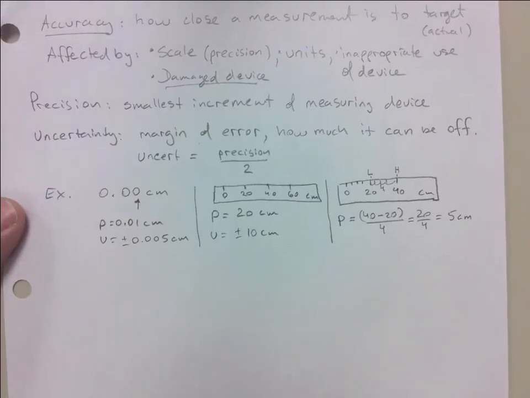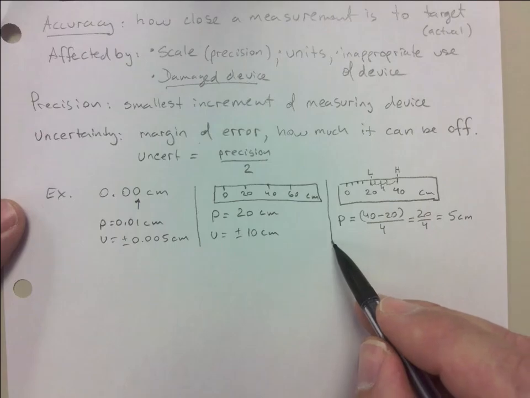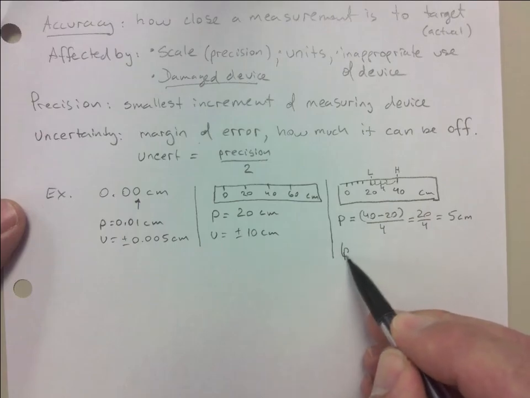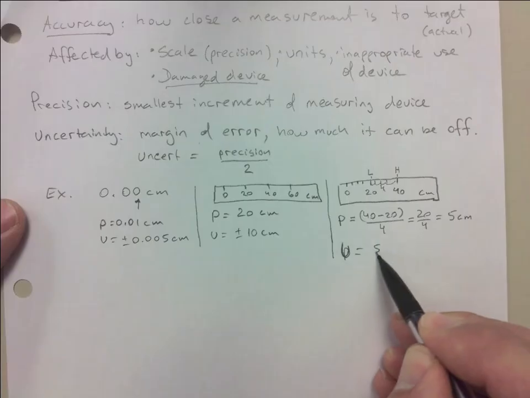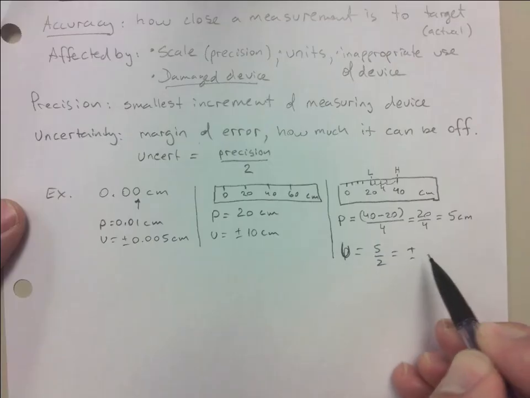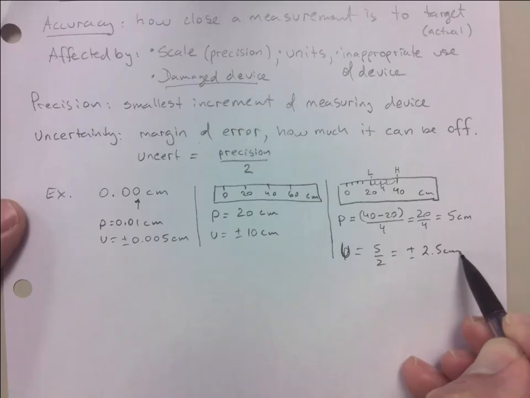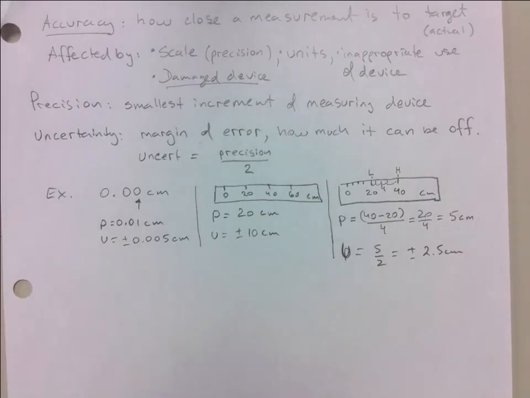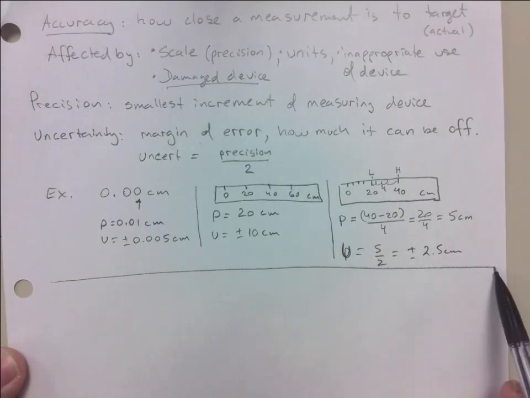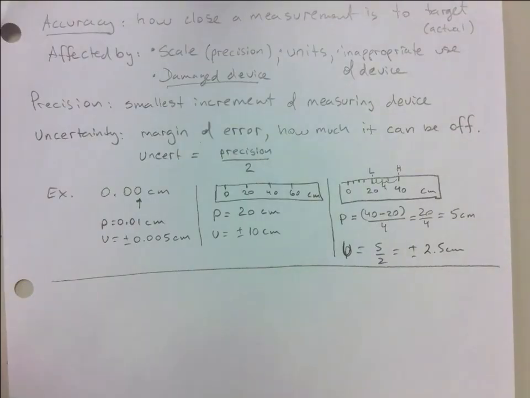I am using nice and round numbers, but these could be really small, okay? You have a calculator to help you out. The uncertainty, therefore, would be 5 divided by 2. That'd be plus or minus 2.5 centimeters. And so this goes without saying. I think you guys all have figured this out already. I'm going to cut this off there. And then we'll talk about